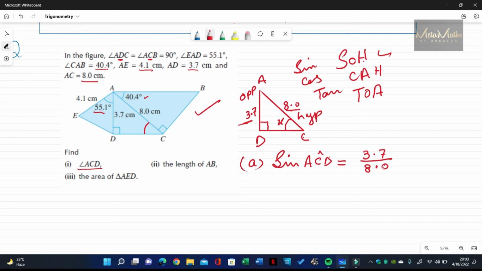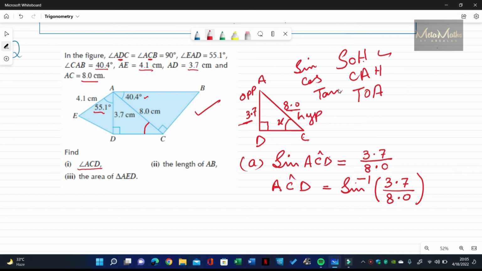Okay, then you will use your calculator, but first you make another step. Angle ACD is equal to, when I take this sine to the other side, it will become sine inverse, so it is 3.7 over 8.0. Now you will use your calculator to find the answer. Okay, so you will use your calculator from here, and angle ACD is equal to